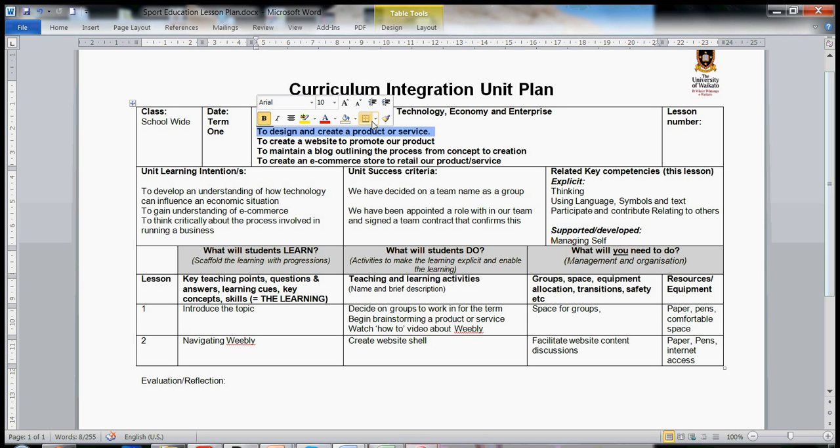The art department or engineering or the technologies departments could create actual products, so whether it be toolboxes or coffee tables or wooden boxes or jewellery, something that they can actually on-sell. So once they've come up with their product or their service, they then have to create a website to promote